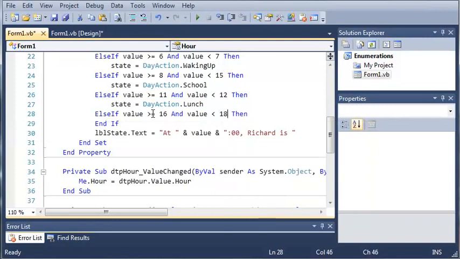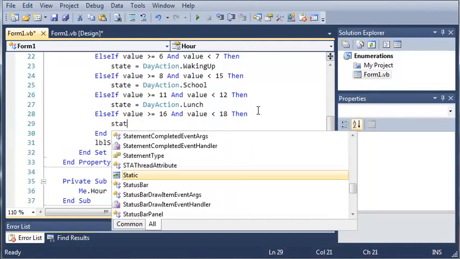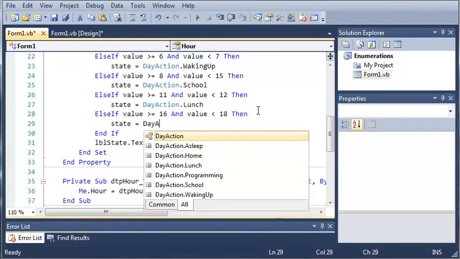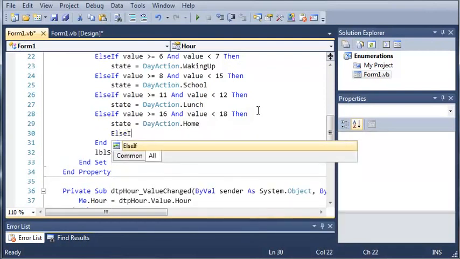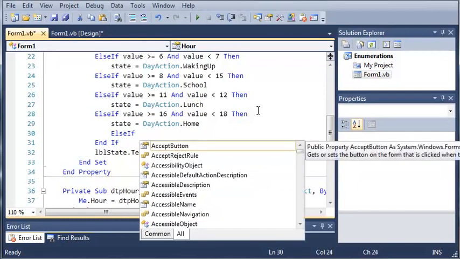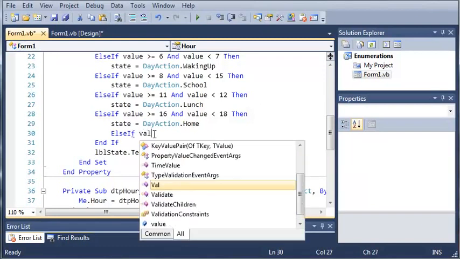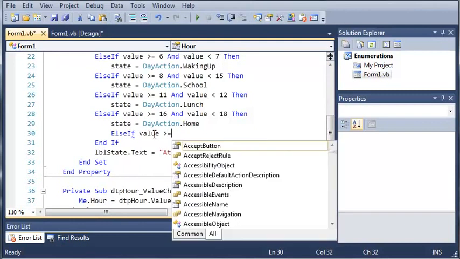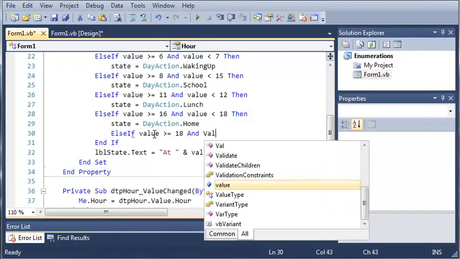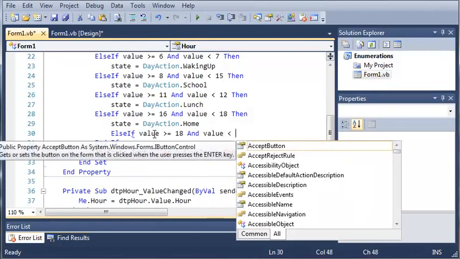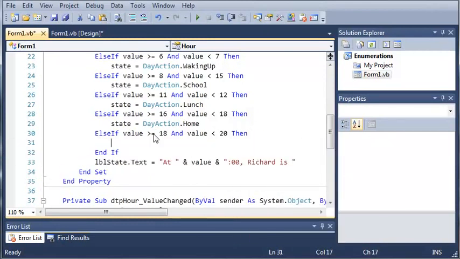So let's do 18. Then state is going to equal DayAction.home. And we'll do this one last time for the programming. So let's just say they do this as a hobby or something. So we'll go ahead, if value is greater than or equal to 18 and value is less than 20, then go ahead and state equals